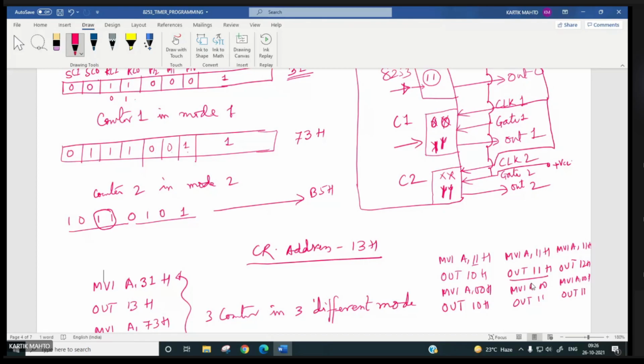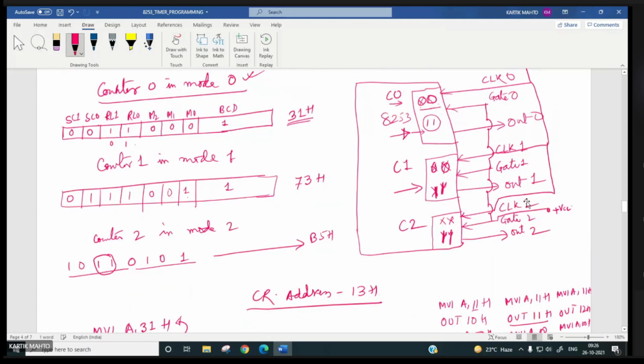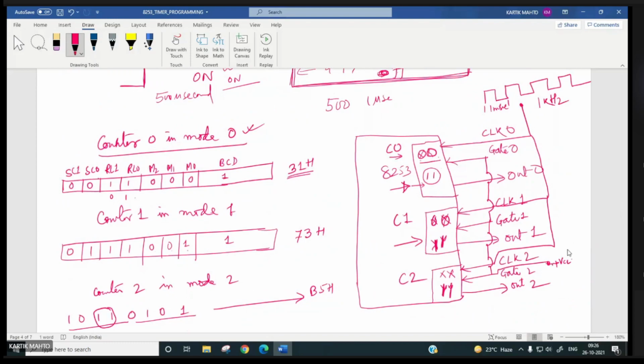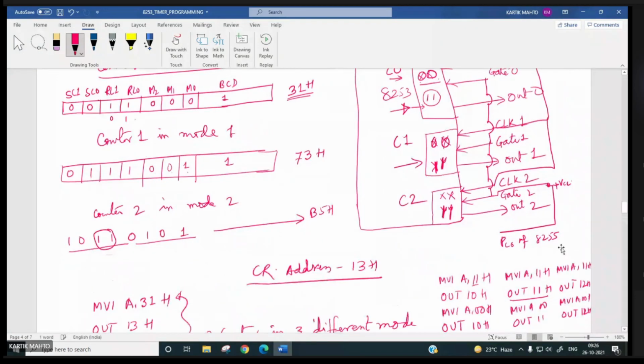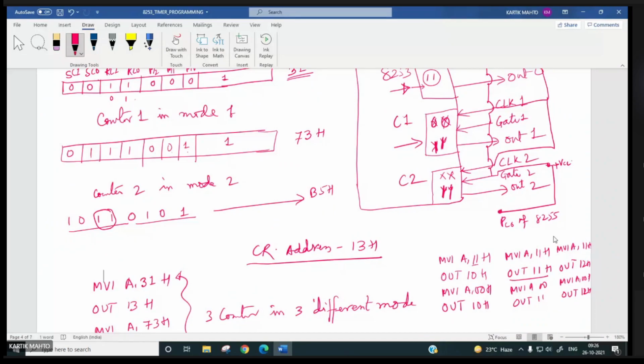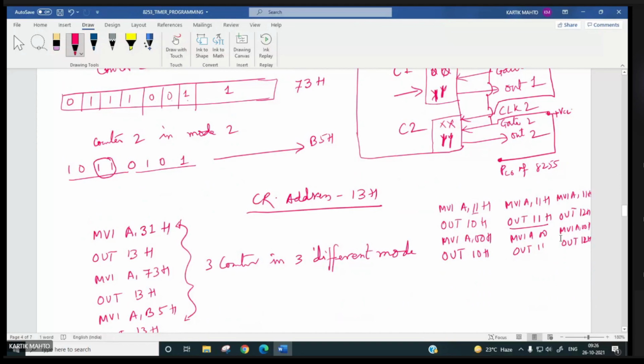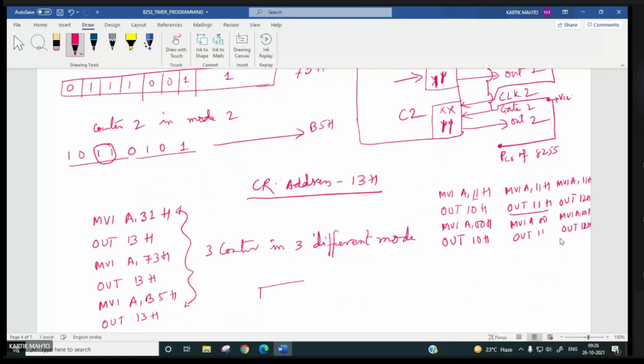Now this VCC or this gate signal is say connected to PC0 of 8255, right? So we can set PC0 in BSR mode of 8255. So how to do this? This is BSR.